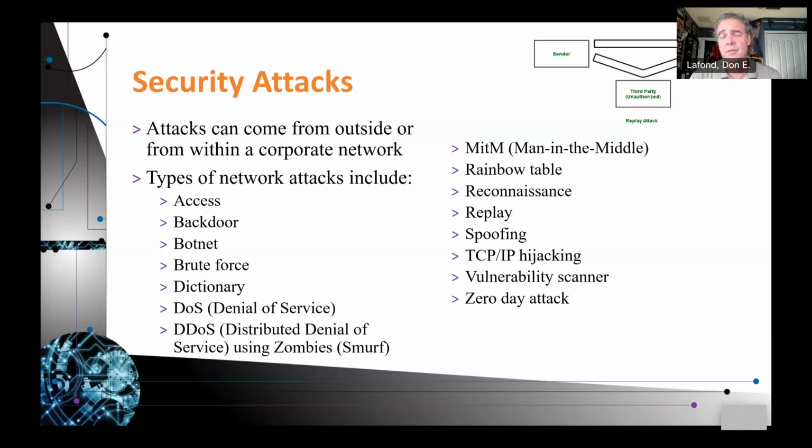Vulnerability scanner, that's actually used by you to look for vulnerabilities if you're doing pen testing, but it also could be used by the bad guy that's trying to figure out what vulnerabilities you have. They can see, for example, what ports are open, and then they can see ultimately what software version you're running, and then they can look on a table and determine what vulnerabilities exist for that software with the version you currently have running, and that can help the bad guy to determine how to try to break into your system.